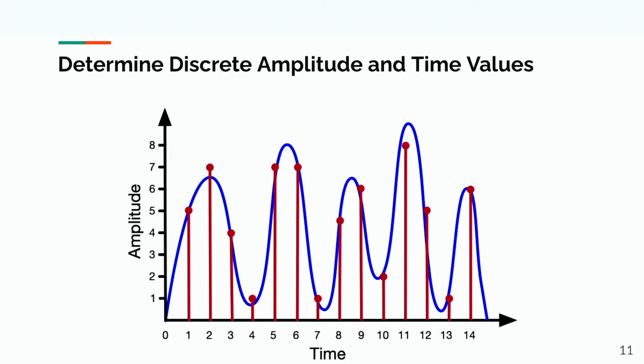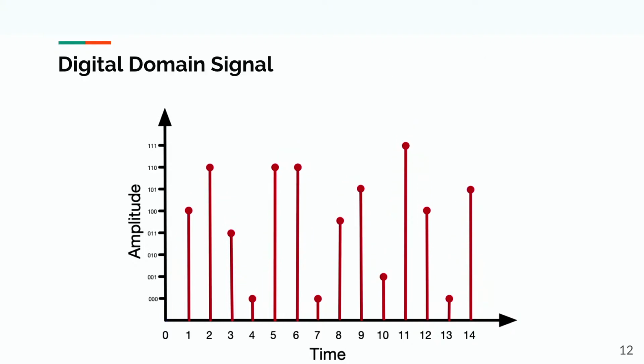But at this point, we need to decide, where do we assign it? So we assign it to number 7. And what we're doing here is that we're discretizing the analog signal. And this is what we're left with. This is what the computer sees. A set of individual timestamps with information, and each level has been replaced by ones and zeros, which is something a computer is very comfortable with.